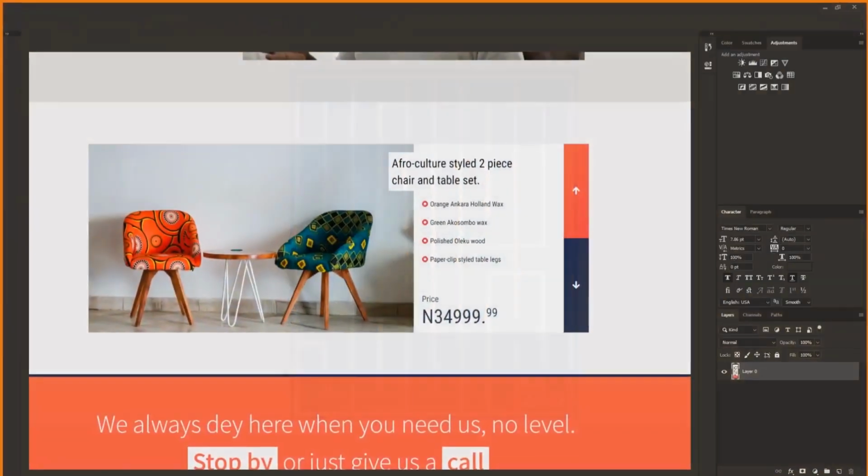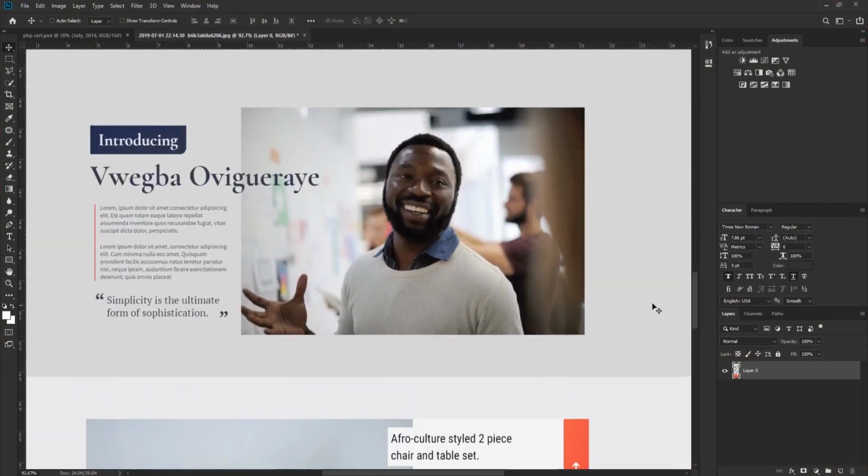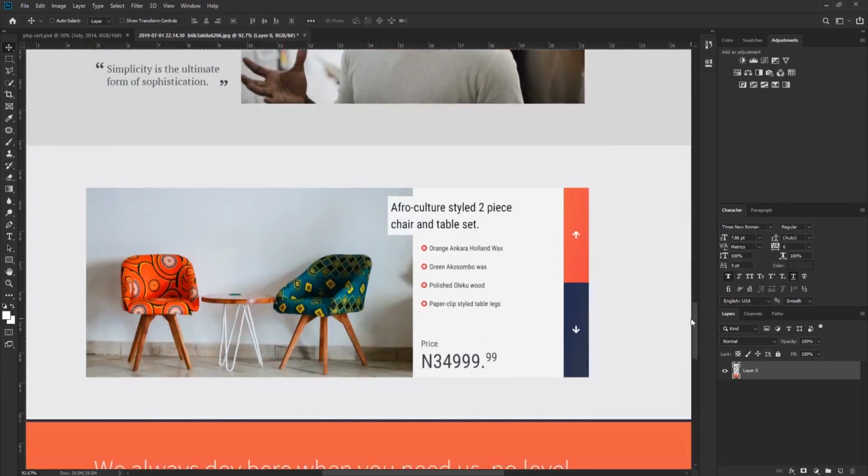All right, we see they run this website level. So we'll enter this section. In our last video we designed this section, so now we want to design this section. So quickly we'll enter the code.